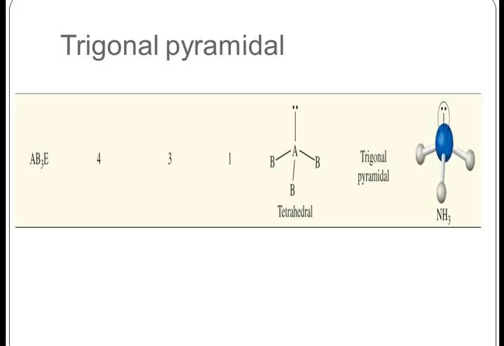Okay, and so our last one that we're going to look at is called a trigonal pyramidal. So you see the word pyramidal in there, you see trigonal, so obviously you're going to have a formation that includes something that's going to look like a pyramid and something that's going to look like a triangle. And so if we look at it here, again, same representation, central element, 3 peripheral, 1 lone pair of electrons. Total of 4